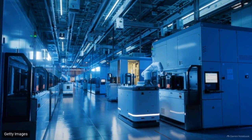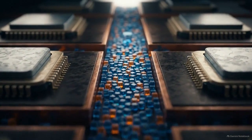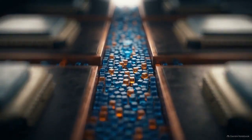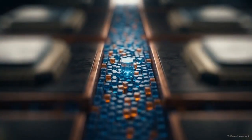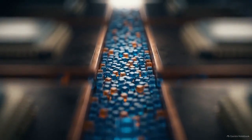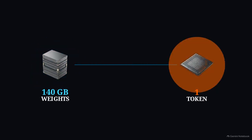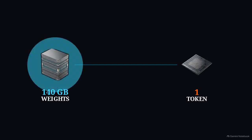Everyone thinks AI compute is about chip speed, but the industry is crashing into an invisible physical barrier, the memory wall. Training a model is a highly parallel process, but inference, specifically the autoregressive decode phase, operates sequentially. It generates one token at a time. For a 70 billion parameter model, generating a single word requires reading approximately 140 gigabytes of weights from memory over